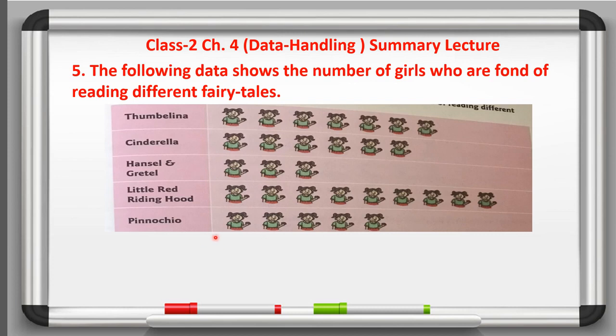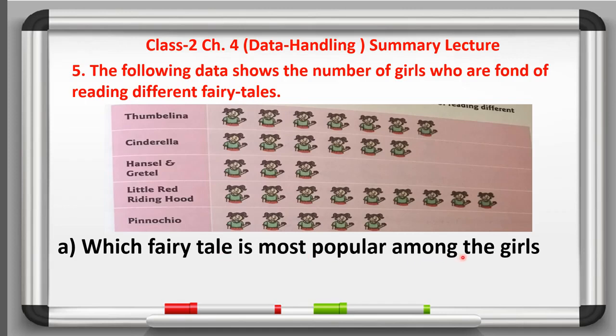Okay. So now we have to give the answer based on this given data. Here in A part it is given which fairy tale is most popular among the girls. So we have to beta write down the name of that fairy tale book which is most popular, and it is in the maximum in number, that is Little Red Riding Hood. Okay, so here we will write the name of this Little Red Riding Hood. You can see the spelling from it. Okay, now in B part